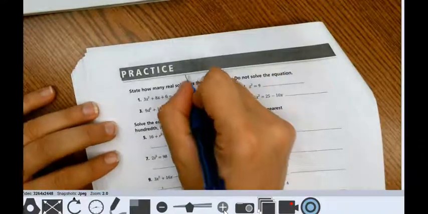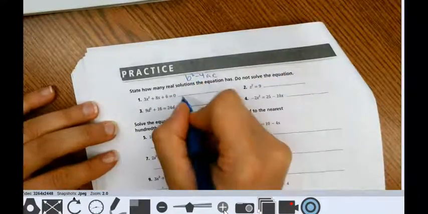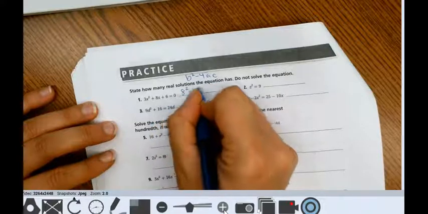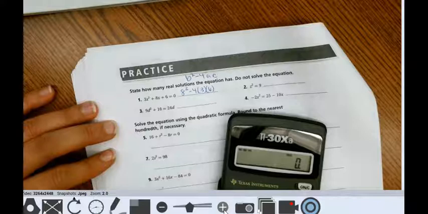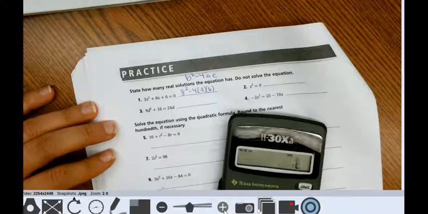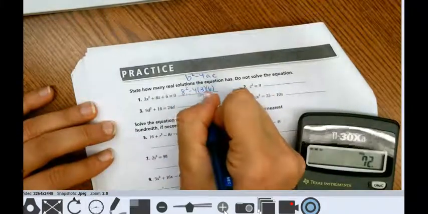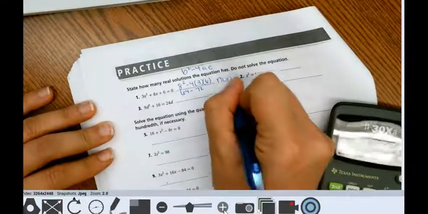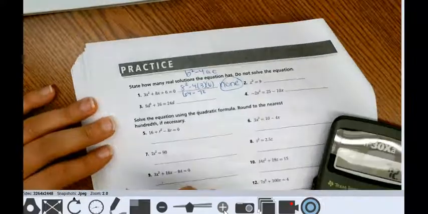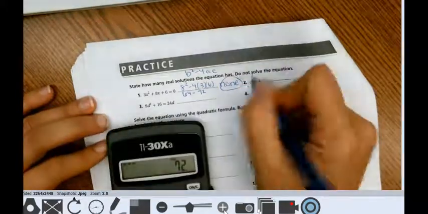B squared minus 4ac. So that'd be 8 squared minus 4ac. 4 times 3 times 6 is 72. 64 minus 72, it's negative. None. No solutions, right? So on this one,